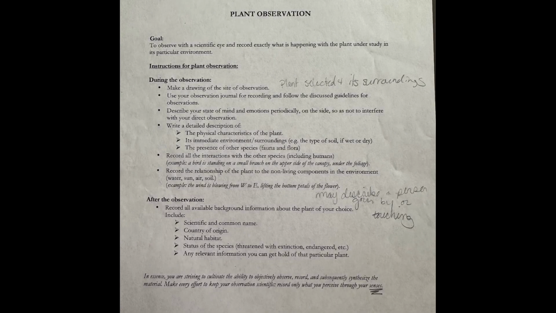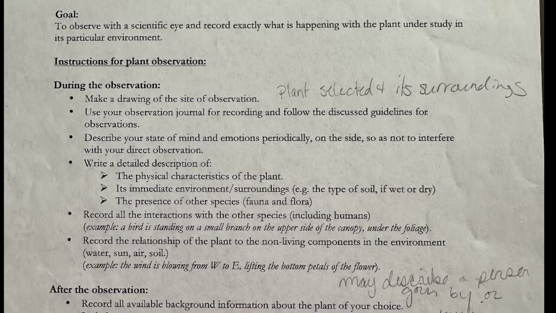So here are the instructions for a plant observation. Make a drawing of the site of observation. You want to include the plant selected and its surroundings. And use your observation journal for recording and following the discussed guidelines for observations. Describe your state of mind and emotions periodically on the side in that subjective column so as to not interfere